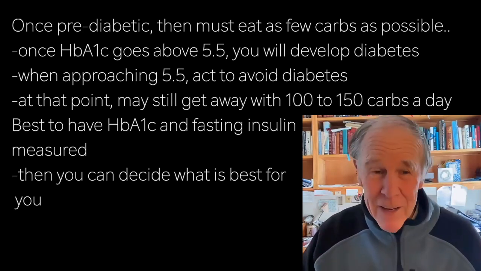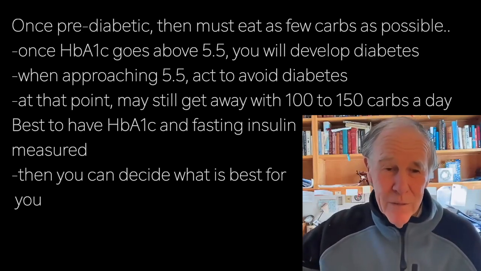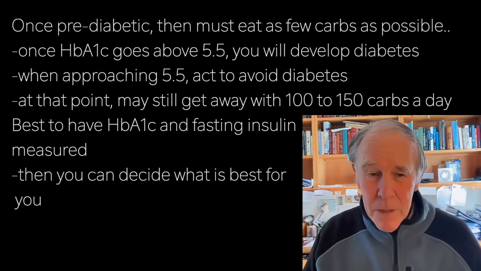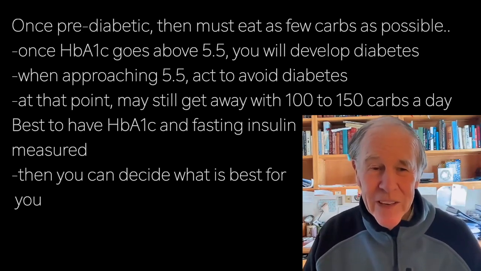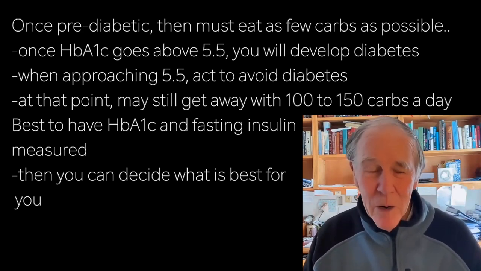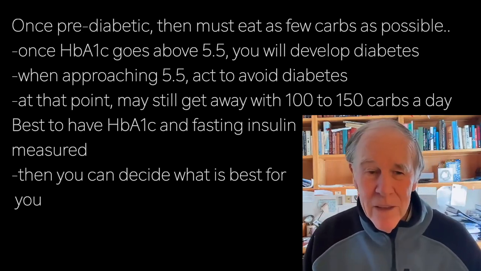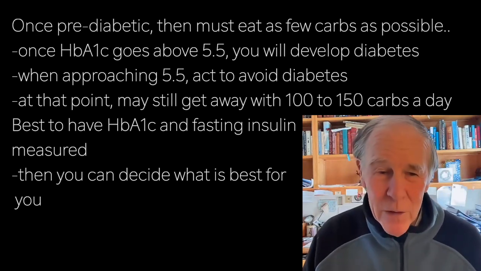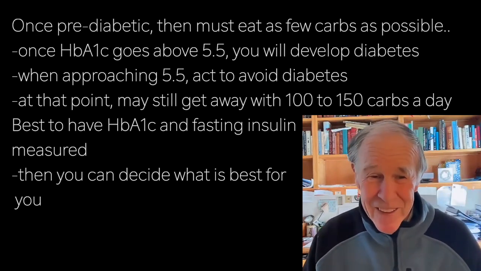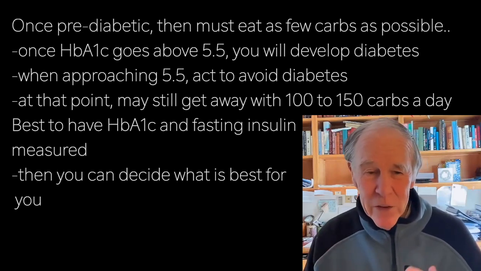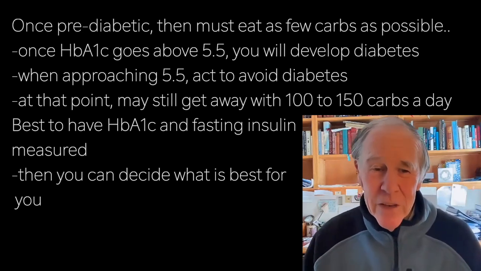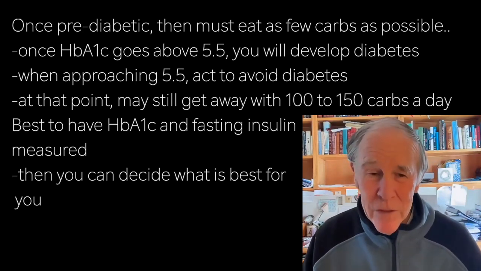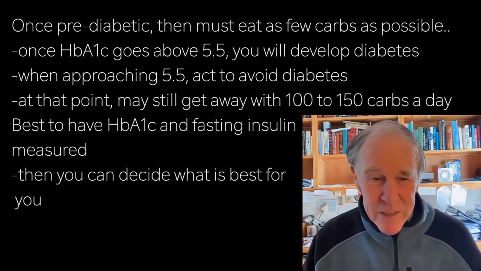What happens to most of us is we get over 6 and over 6.5, and then we're diagnosed, and then we've got to go down to 25 or 50 grams. But I would guess if you caught it at 5.7, you could probably get away with 150 grams of carbohydrate, and you could, again, normalize. So I think the better advice is to have your HbA1c measured and see what it is, and your fasting insulin as well. And if that's elevated and your HbA1c is above 5.5, then you've got to start restricting. And I think it's for people to decide what they can cope with, knowing that less is better.